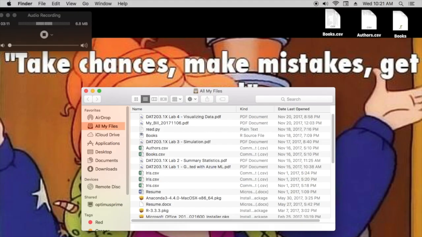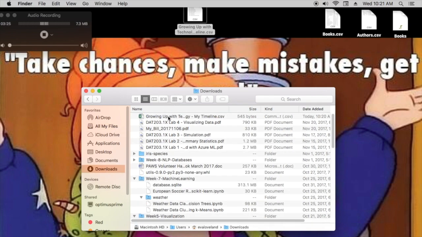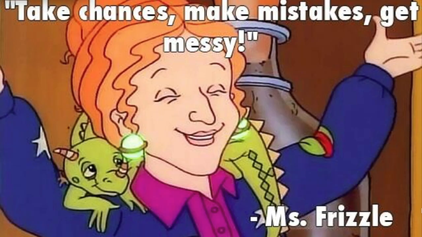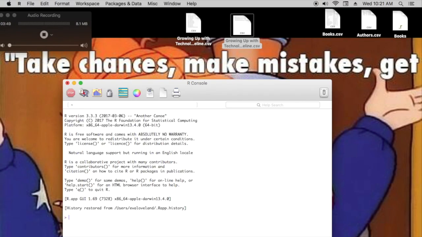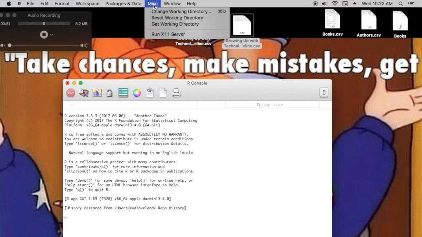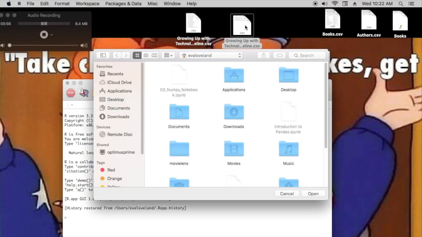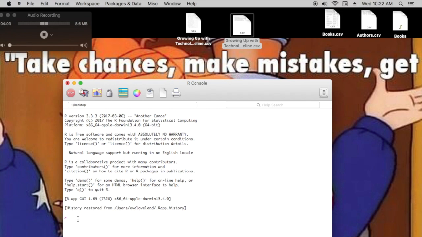So I go to Finder, I go in my downloads, and I'm going to move them to my desktop because my desktop usually has less things on it, so it's easier to keep track of files on my desktop. So I'm starting R. I want to go to miscellaneous, change my working directory to my desktop. So desktop, and then I push open,